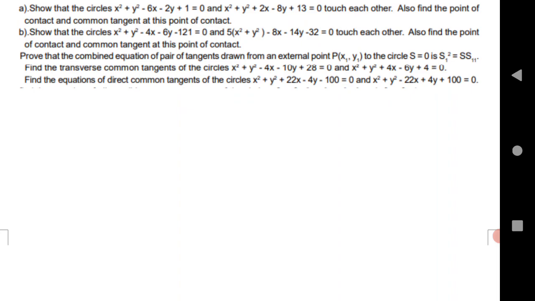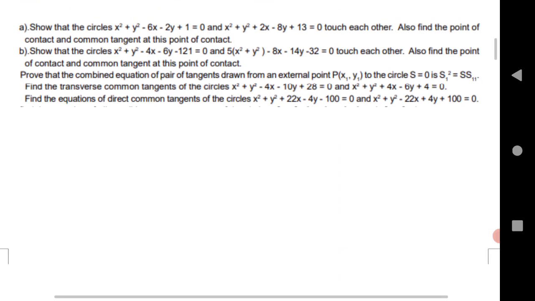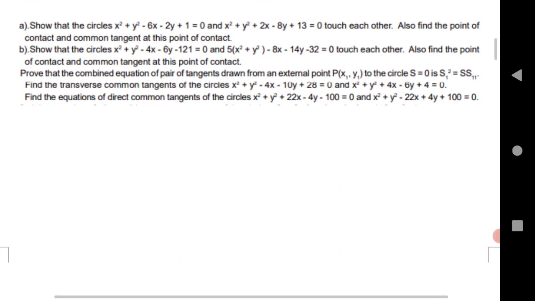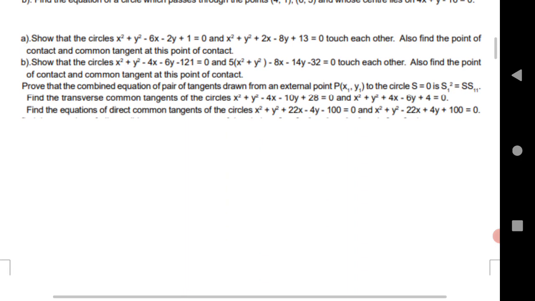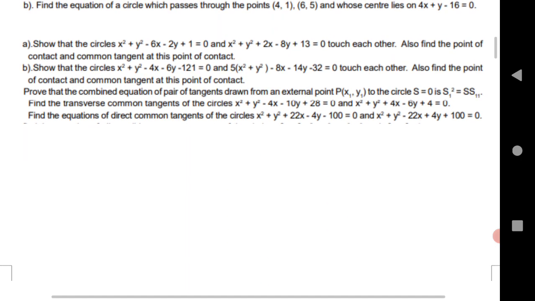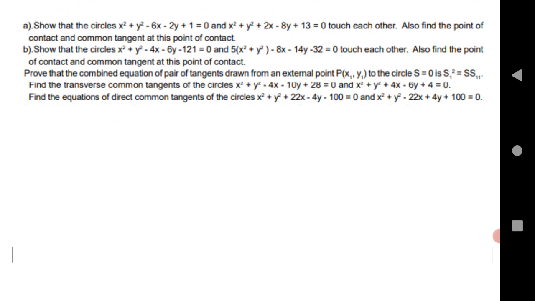If you see, the examiners are asking so many questions from circles, and definitely they prefer one question. Normally for circles, for Telangana and AP, they will ask. For Telangana, we are expecting more questions. For AP, they will ask 2 LAQs. So be prepared for the last 3 questions, very important.